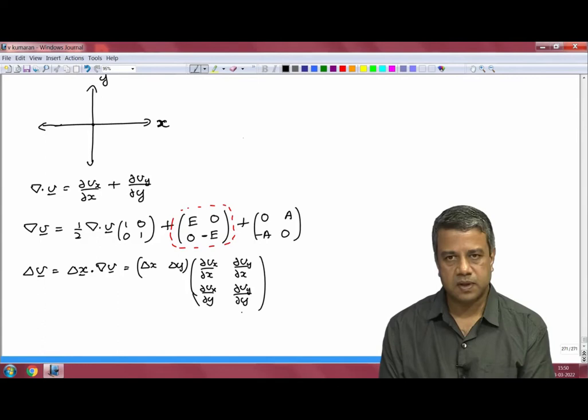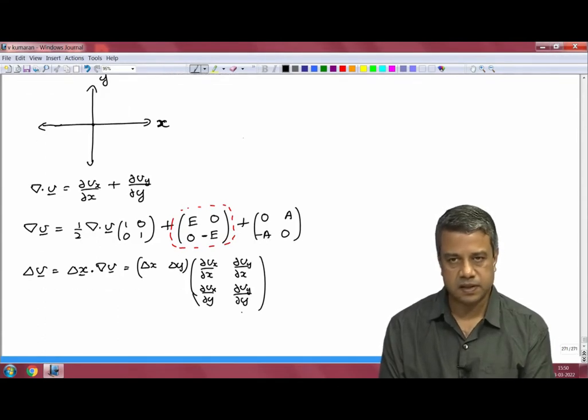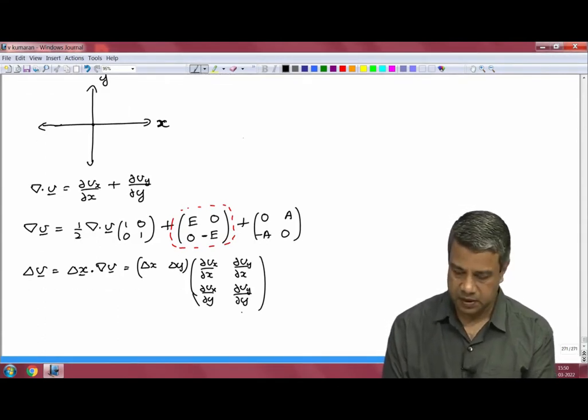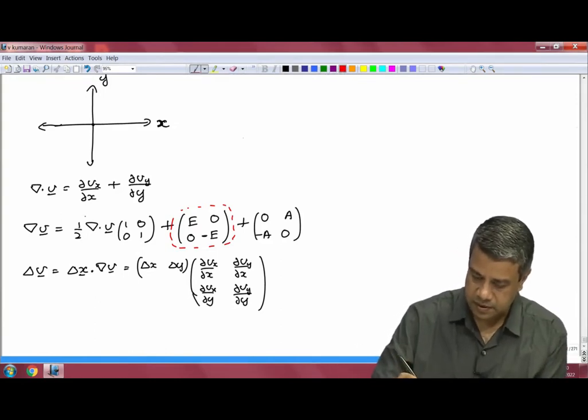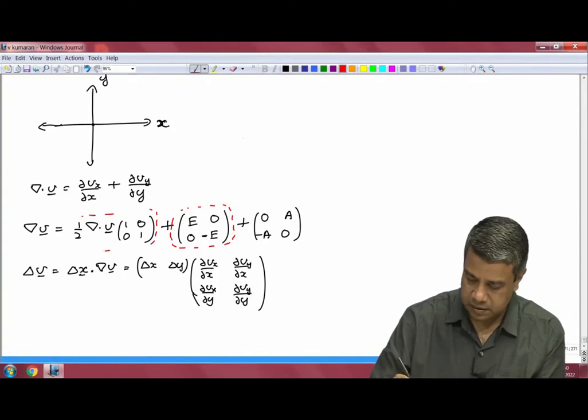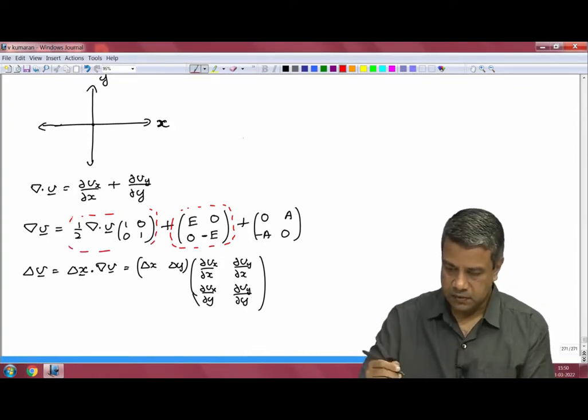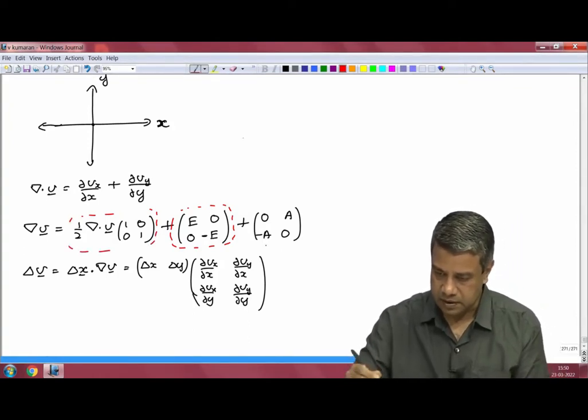And now we can ask what are the types of deformation due to each of these three individual terms. So, first we consider the isotropic part. And if we write this, delta V is equal to